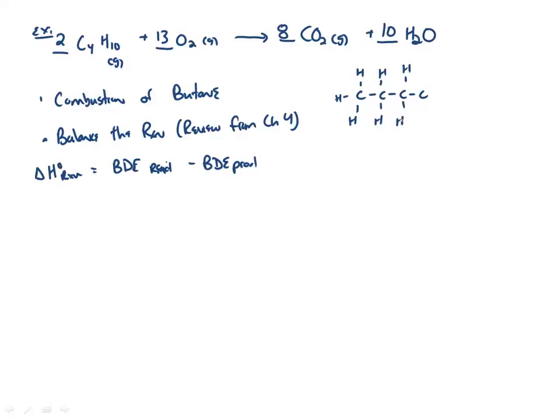So here's my Lewis structure for butane. And this is also good review because this is a review of Lewis structures, which we just had in the last chapter, so hopefully it's familiar. So if you take a look at it, I've got 2 molecules of C4H10, and I've got to break 3 carbon-carbon bonds because I need to break 1, 2, 3. And then if I look at it, I've got also